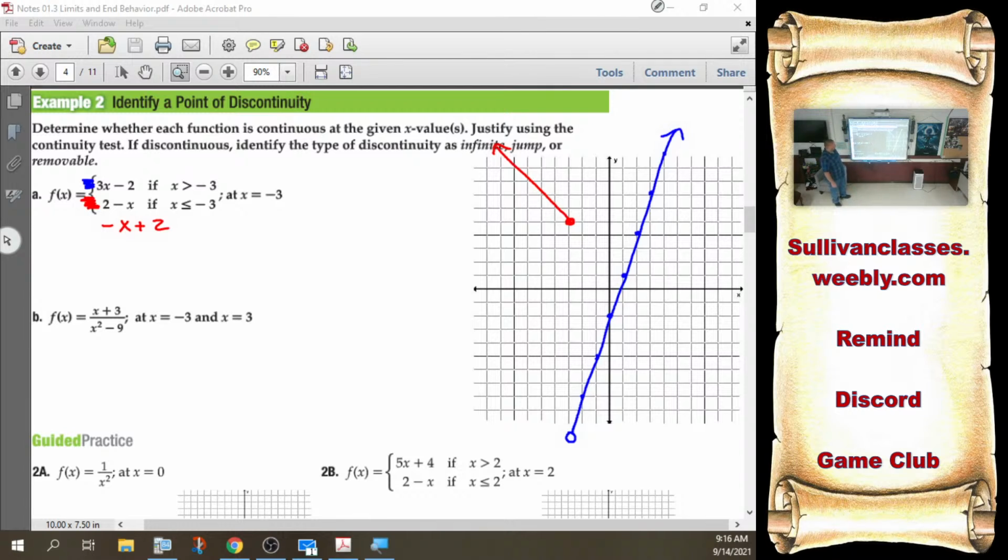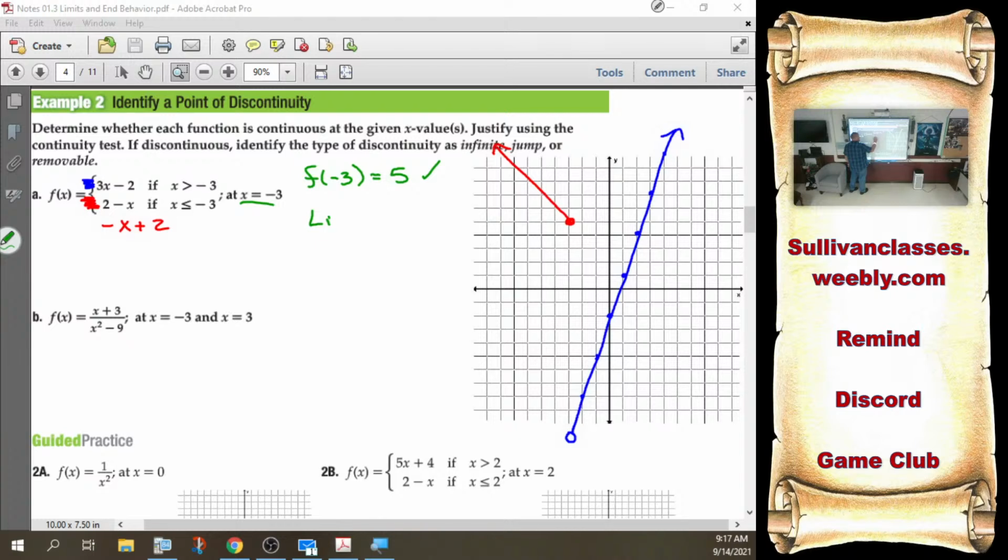So, there's my graph. Run the test. They're asking, is it continuous at x equals -3? So, step 1, function of -3. Which rule do I use? Blue or yellow? Oh, I heard a yellow. Why is it blue, not yellow? Or equal to. Okay, so I'll use this rule. I'll plug in a -3, and I get 5. Yay, it exists. I have a friend.